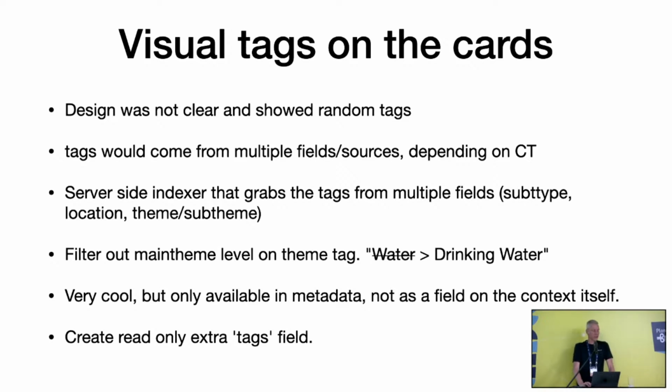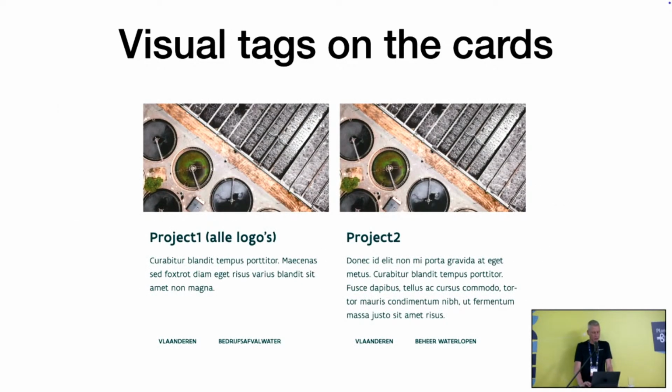So then we had another issue here: visual tags. Normally you have the keyword, the subject index, but in this design they put all kinds of random text in the design that came from different fields. We first did it through an indexer. We also had a problem that we had a hierarchy on the theme field, where it doesn't make sense to have water, drinking water, or water pollution, because you know that it's about water anyway. So we first created a meta indexer, then we found out that's cool, but then you don't have these fields on the detail view, you only have them in the listing views. So in the end, here you see an example, those labels are coming from different fields all the time.